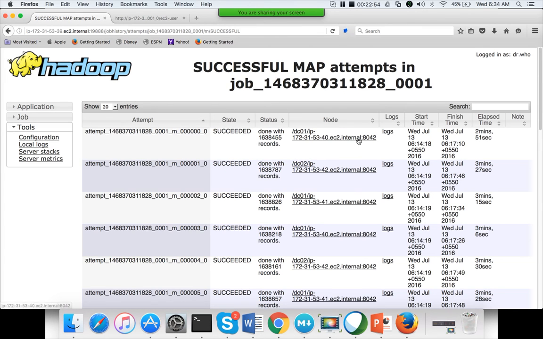If one of the tasks failed on one of the nodes, it will retry the same task on some other node. If data is available locally when it retries on some other node, it will leverage the data locality, perform the IO and execute the task.